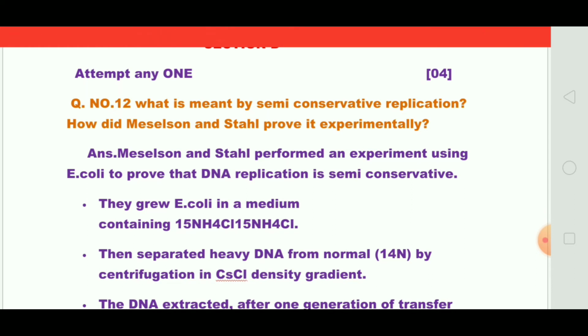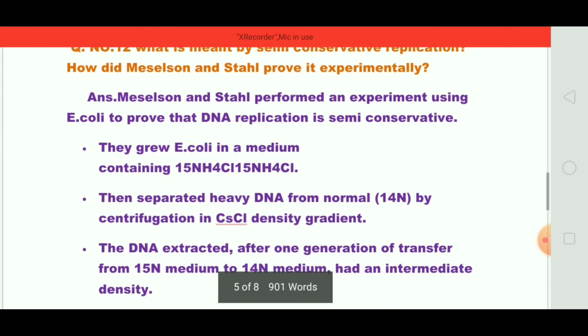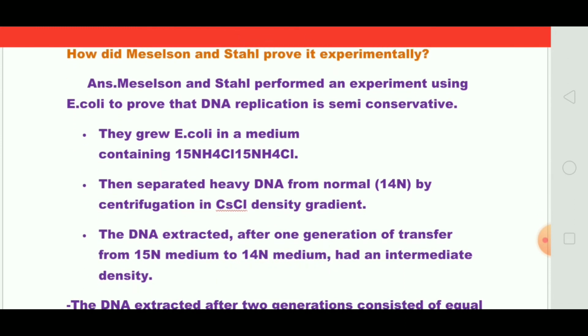Each question carries 4 marks. Question number 12. What is meant by semi-conservative replication? How did Meselson and Stahl prove it experimentally? Meselson and Stahl performed an experiment using E. coli to prove that DNA replication is semi-conservative. They grew E. coli in a medium containing